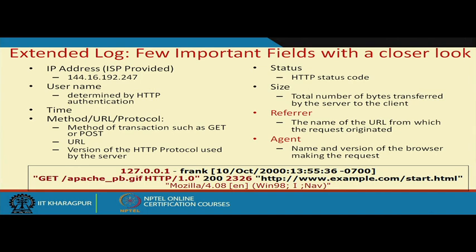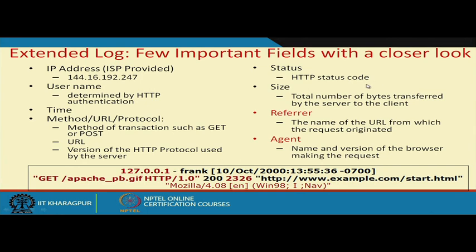First is your IP address. This IP address is actually provided by the ISP. Then you have the username. If there is HTTP authentication by chance, this name is determined. Then you have date and time. Then you have method. I was telling you about this get and post business, and the method can be either get or post. Then the URL which is getting downloaded, then the version of the HTTP protocol used,